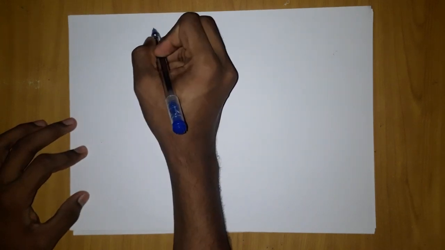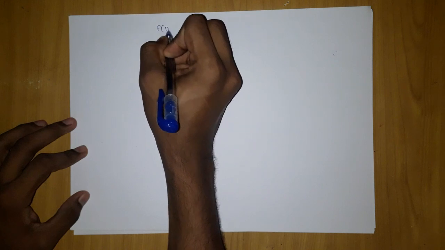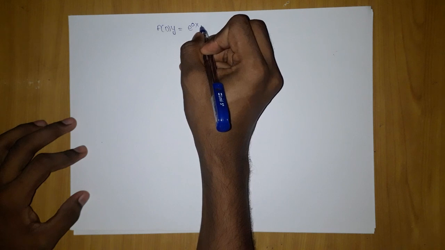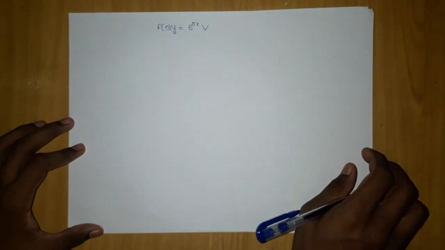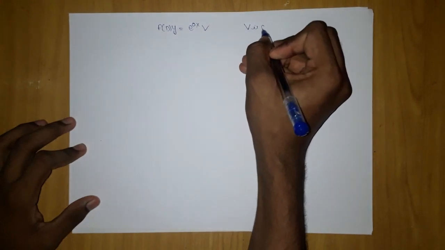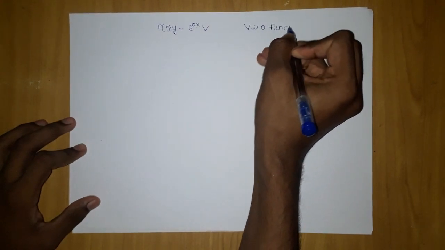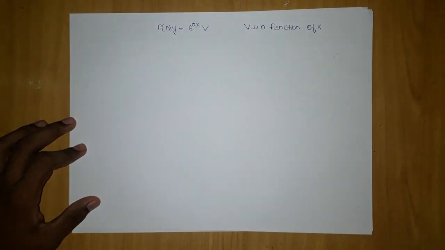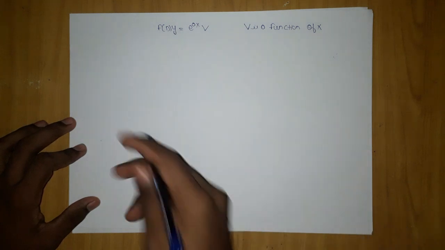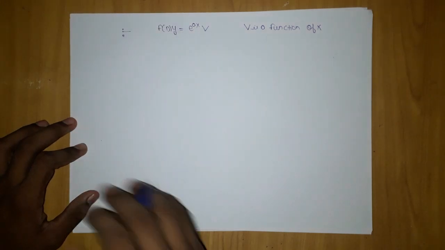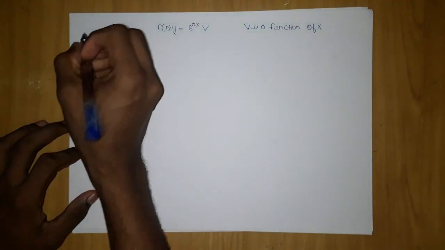The type 5, its structure will be f(D) y = e^(ax) V. So what can V be? Now V is a function of x. It can be sine, it can be polynomial, okay, anything. Now let's understand the basic pattern which we should follow to solve this type of problem,